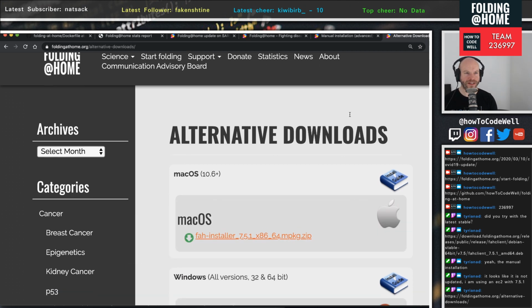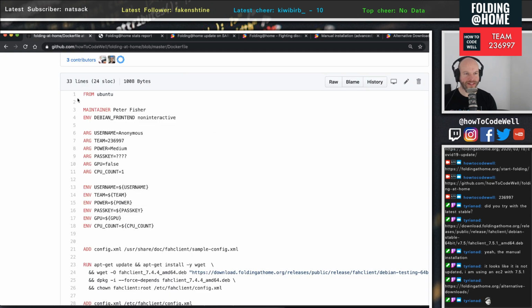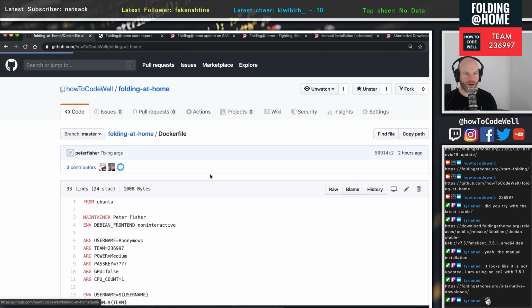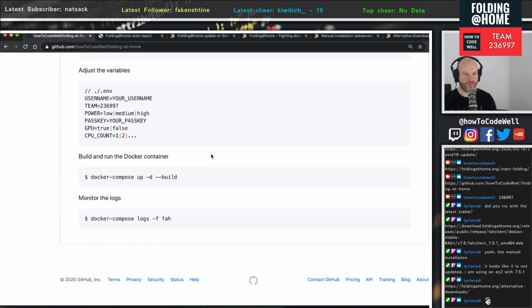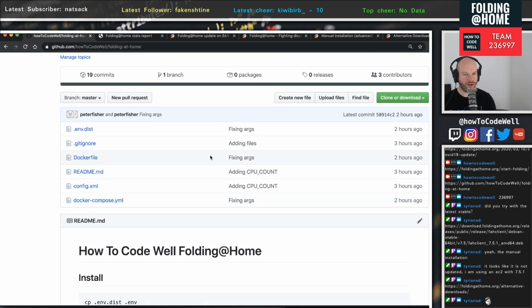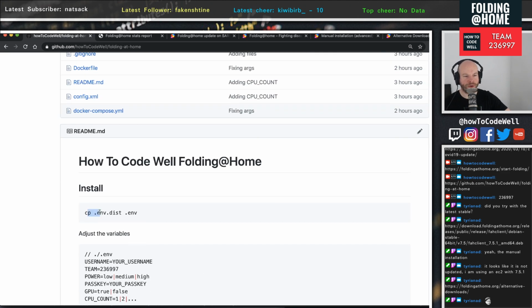Okay, so what I need to do then, therefore, is download this and then run the commands in here, and we should be hopefully good to go. So I just want to talk you through the environment variable. So here it's saying to copy the